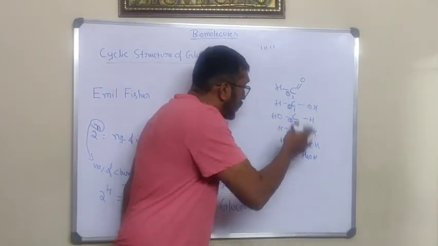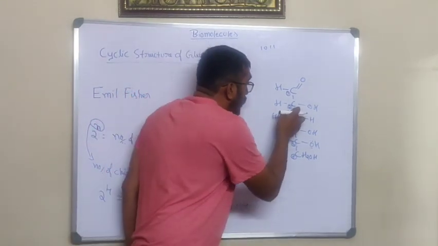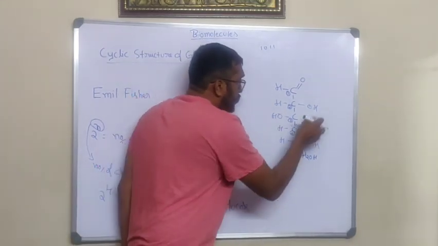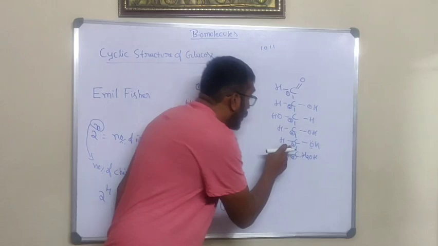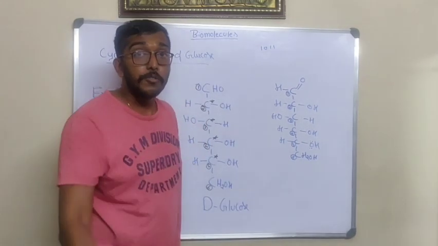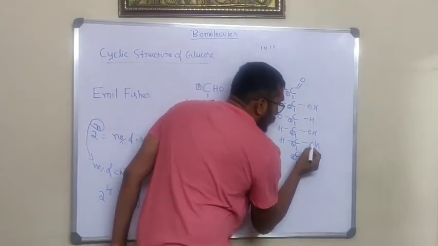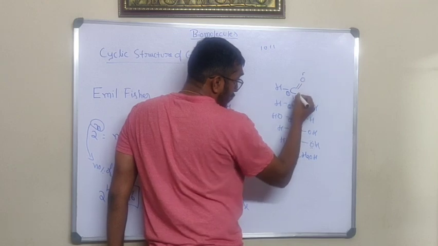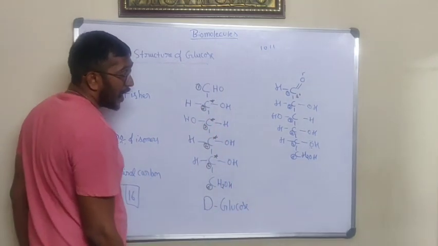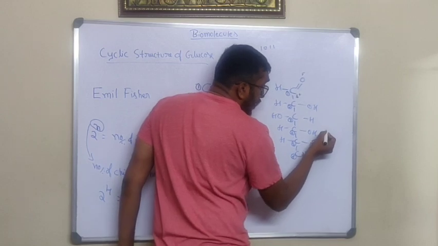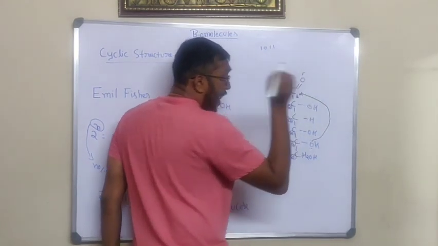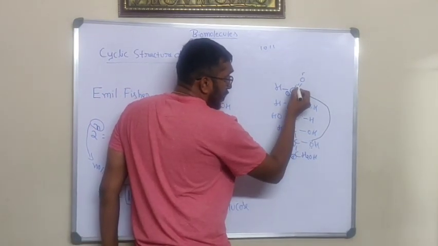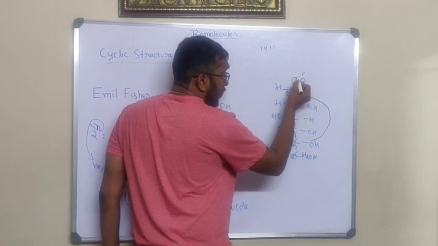So what is the reason, sir, that only the fifth group is going to activate? Why? The second carbon, the third carbon, and the fourth carbon also have an OH group. What is the reason that only in the fifth carbon the OH group is going to activate? Let me tell you. This oxygen will have a partial negative charge and this carbon will have a partial positive charge. This oxygen goes and attacks the carbon. So what will happen? Here the double bond will be converted into a single bond.